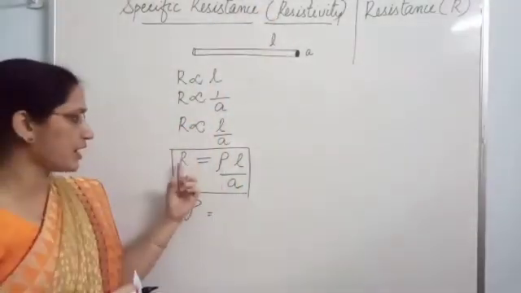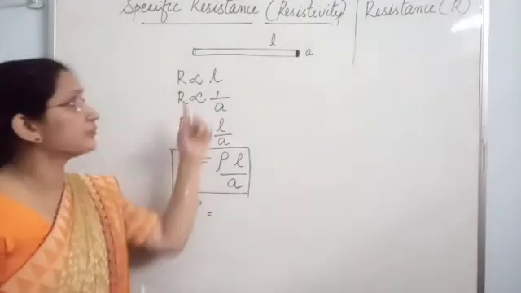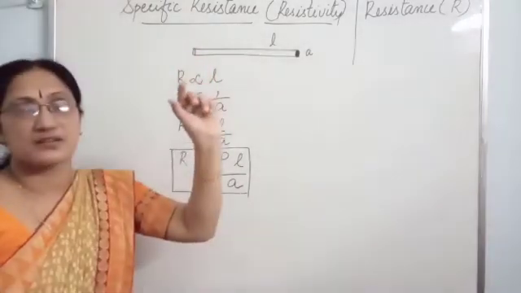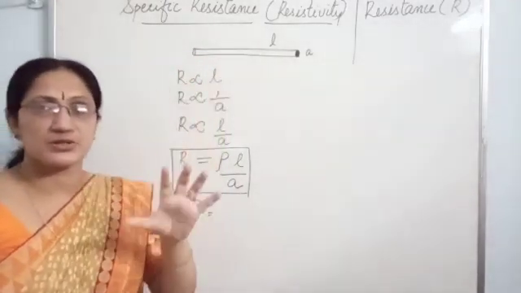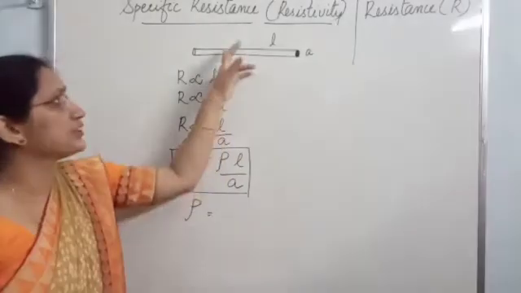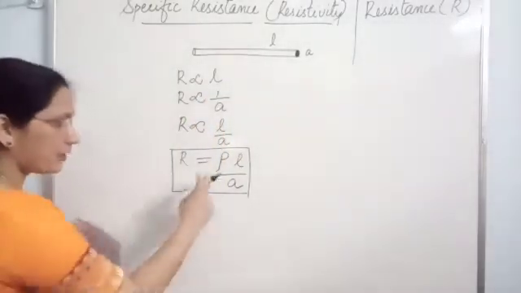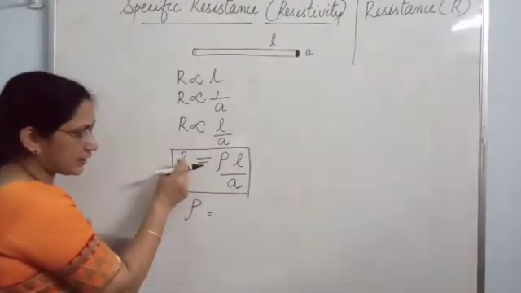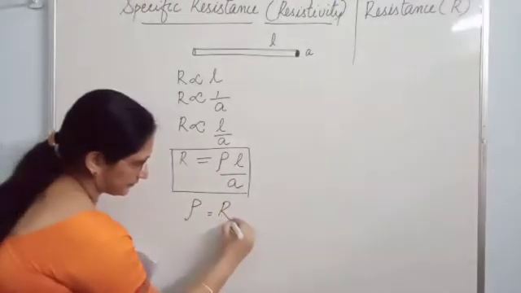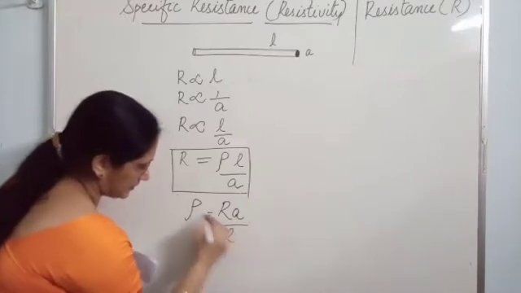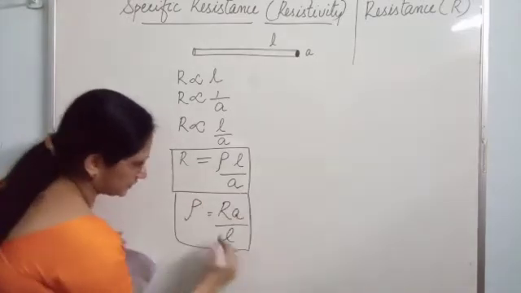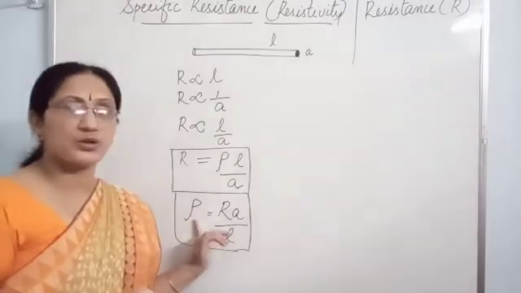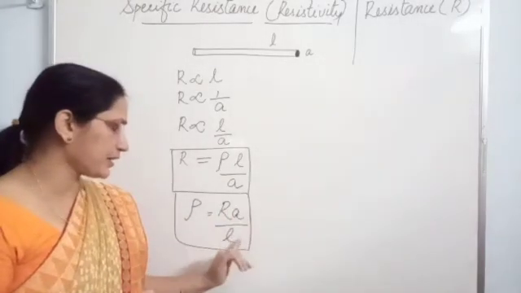Remember, in this formula R is for resistance of the whole wire and rho is for specific resistance of the wire, meaning resistance of unit volume of material of this wire. So the formula for rho you can rearrange from here. Rho is equal to RA by L. So this is the formula to find out resistance and specific resistance. Specific resistance rho is equal to RA by L.